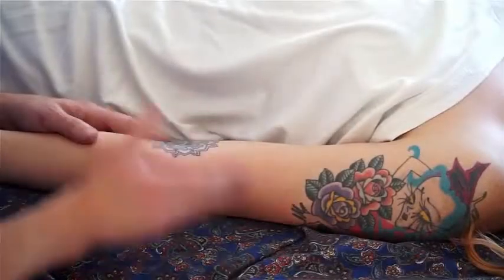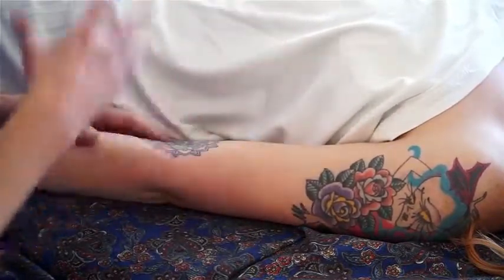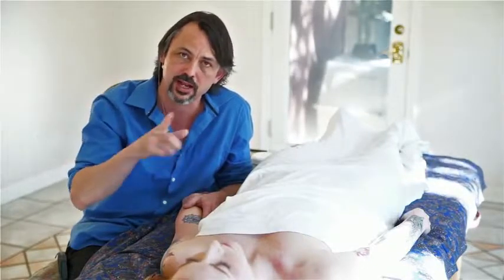The first thing we need to discuss is the pain spasm pain cycle. The pain spasm pain cycle basically states that when you have pain, whether that's tendinitis or arthritis or whatever else, that sends a signal into your brain. Your brain registers the pain signal, and its response is to spasm. Its response is to limit the motion, and that spasm then creates more pain, and there's a feedback loop that